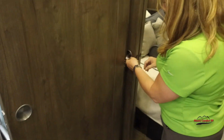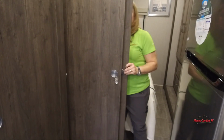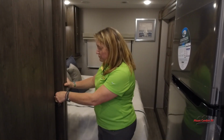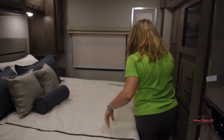And then this is one of the things I love about this coach. This is your bedroom door, and it comes apart this way. So you have plenty of privacy. Having it open, though, just really makes this coach feel so much bigger inside. Now, for as small a coach as it is, we're still with a king-size bed that is very walk-aroundable,